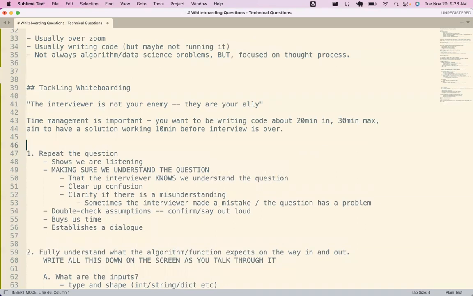Time management is an important part of this process. It's like a miniature version of the assessments that you all have been working on, where you have to make some project management, time management decisions about when it's time to move on, when it's time to try a different strategy if you get stuck.